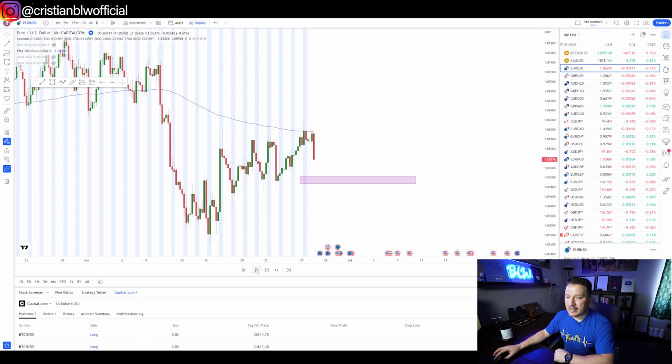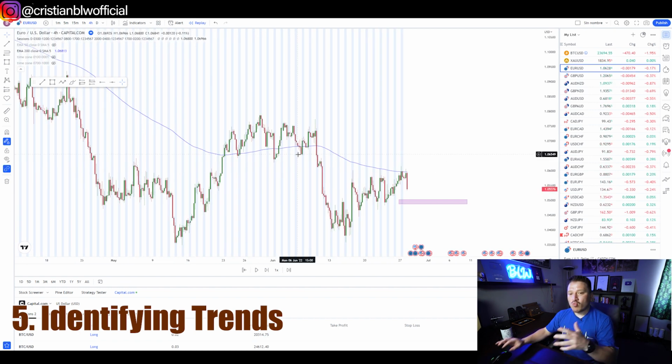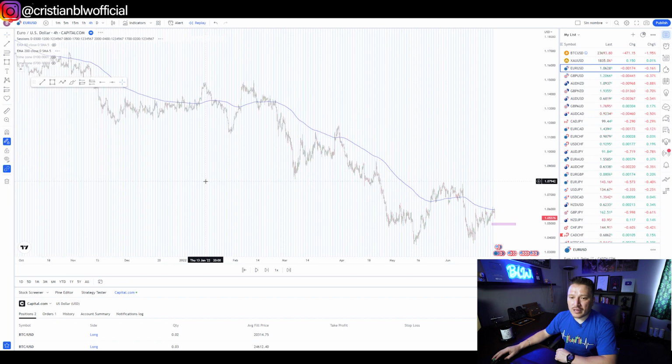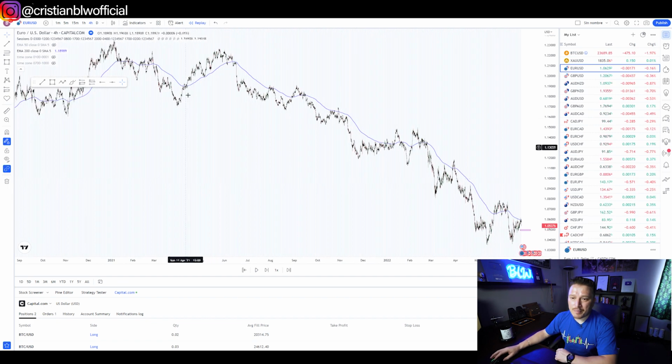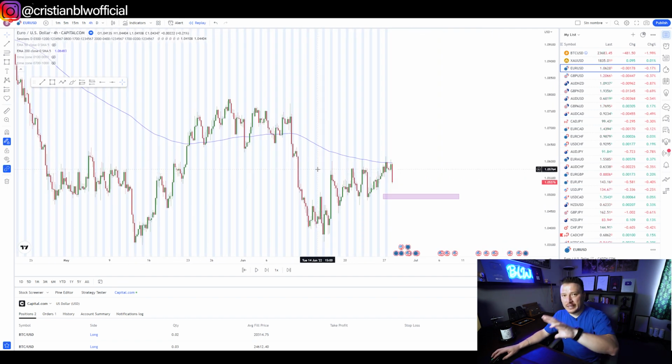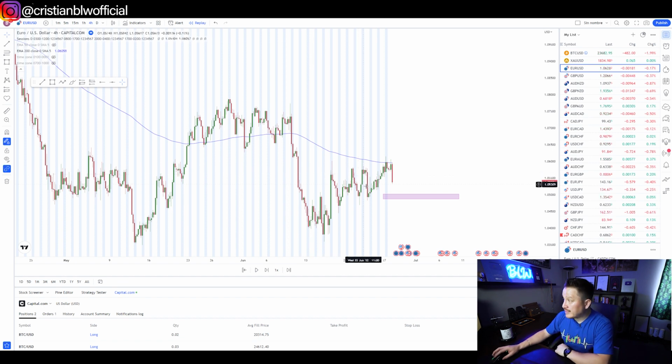Once you jump into it, take a look at it. This is a downtrend, and let's go ahead and identify the trend first. Whenever the 200 EMA is above the candlesticks, that basically means it's a downtrend, just like it's happening right here. And whenever the 200 EMA is below, like it's happening in this specific area or in this specific area, that basically means it's an uptrend. So 200 moving average above is a downtrend, and 200 below is an uptrend.